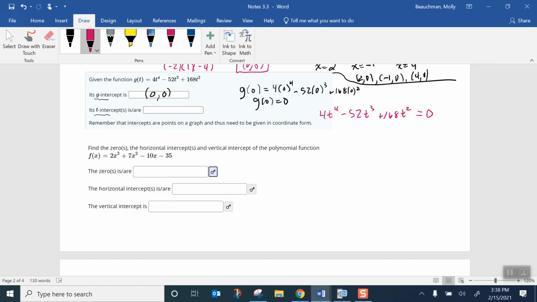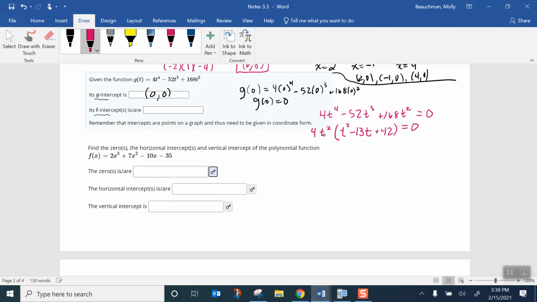We don't have any other way to be able to solve this other than factoring at this point. So take a look and see if we can factor anything out. The greatest common factor, I think 4 goes into everything. 52 divided by 4 is 13. 168 divided by 4 is 42. So I'm going to factor out a 4. And then the highest power of t I can factor out is t squared. If I take the greatest common factor out, I'm left with t squared minus 13t plus 42